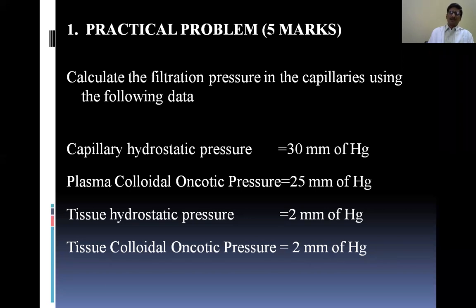So at the capillaries, we have two types of forces: forces which favor filtration, and forces which oppose filtration. The mathematical summation, or the difference, between these two decides whether filtration or reabsorption occurs. Normally, more than 93 to 95% of the fluid filtered at the arterial end is reabsorbed at the venular end, so that fluid does not accumulate within the tissue. If it does, it leads to edema.